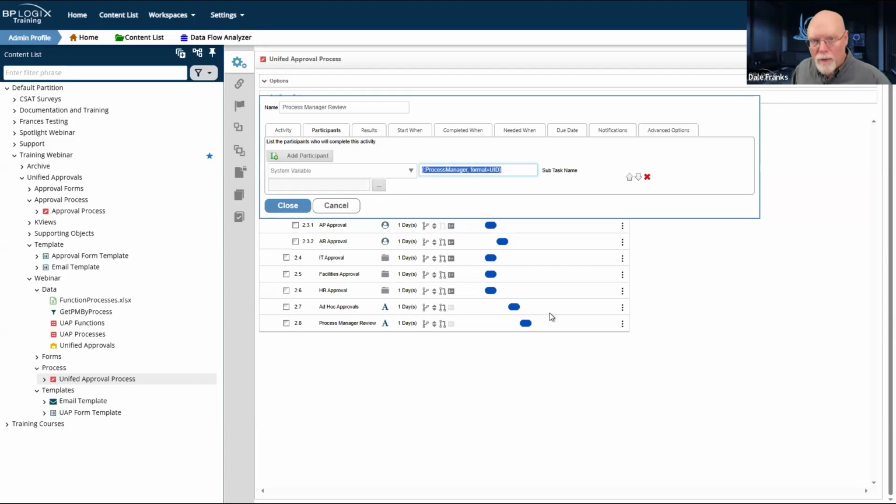It is helpful, however, from a user experience point of view, to show it on the form. Now we're getting into my opinion rather than the absolute truth, but I think it's more helpful to do it on the form than it is to do it here. Doing it here is admittedly cleaner.